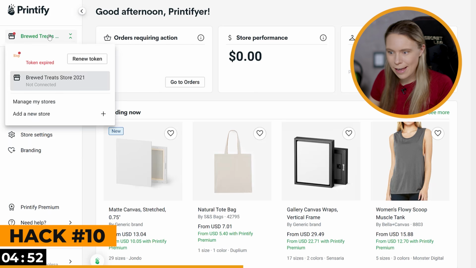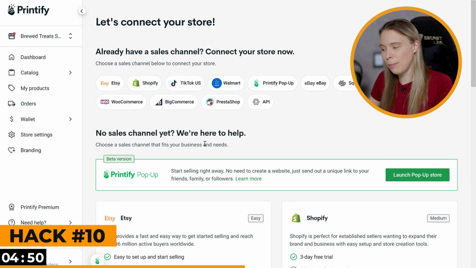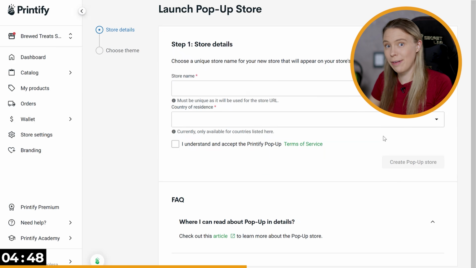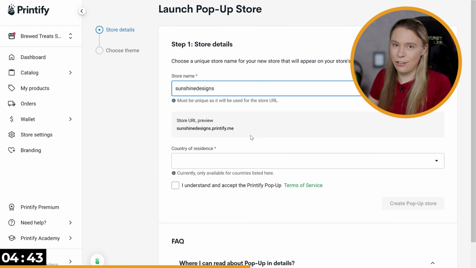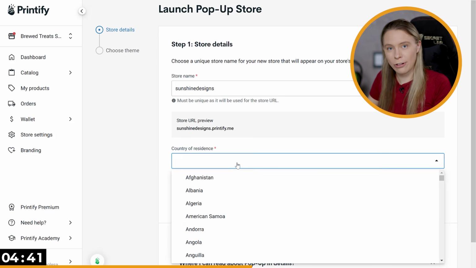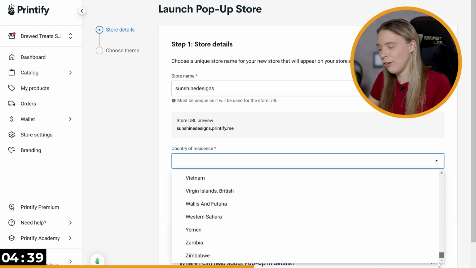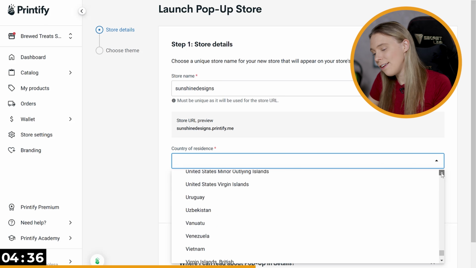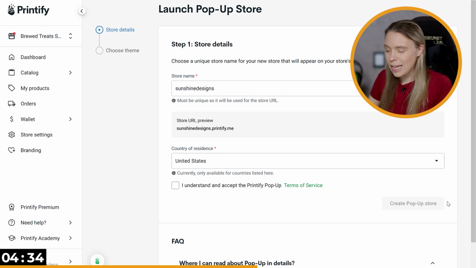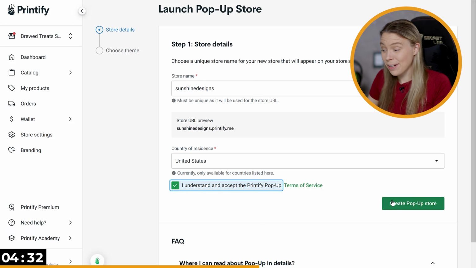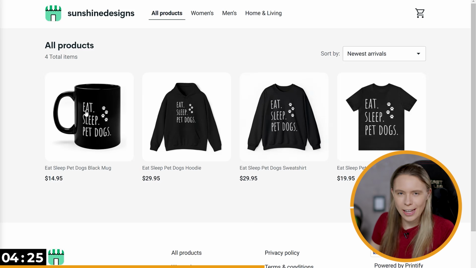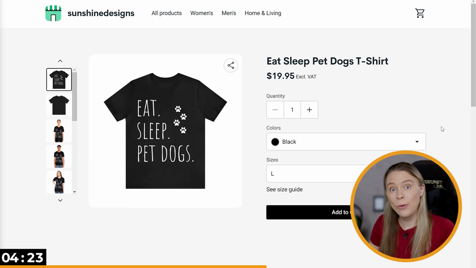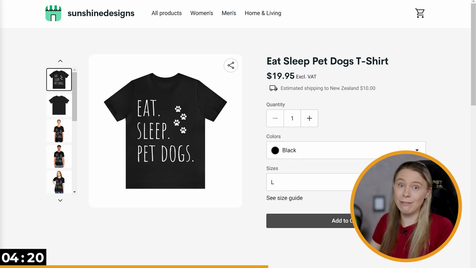Okay, so my next hack is pretty huge. With Printify pop-up shops, you can start a print-on-demand business for free. You just come and select to add a new store into your account and choose to add a pop-up store, and you put in the name of your store and the country that you live in, and then you choose what your store theme will be, and then that's it. Printify will create a pop-up store for you. You just need to come in and add in the products that you plan to sell. When you do, anyone can come in and buy them at no cost to you, which is actually really remarkable